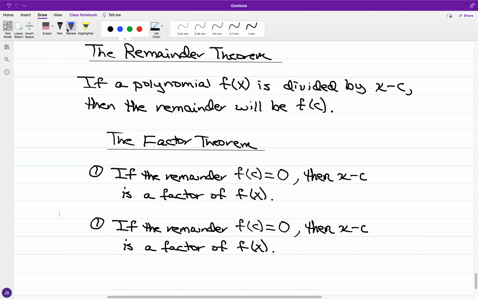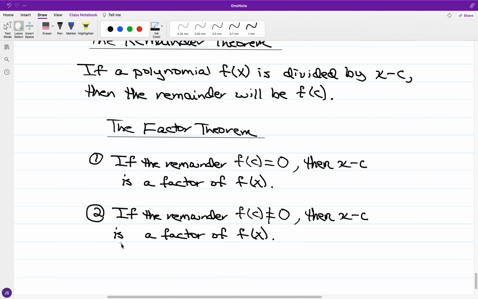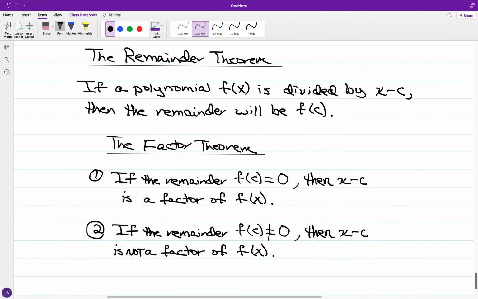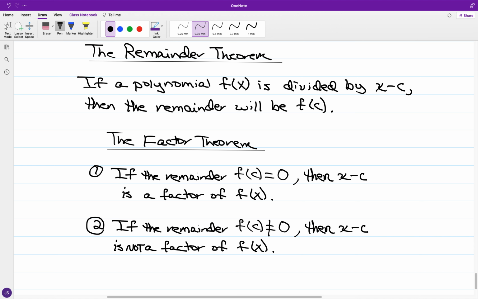And on the other hand, if the remainder f of c does not equal 0, then x minus c is not a factor of f of x. So if it is, then it is, and if it's not, then it's not. Okay, and we'll be picking up with these items